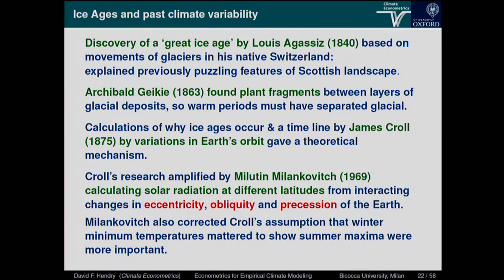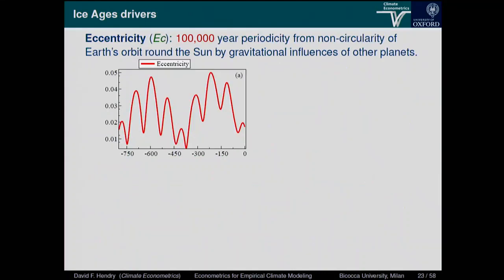And Croll also made the major error, it turns out, that he thought that what would cause an ice age is the minimum winter temperature. And that would occur when the Earth is furthest from the sun, the northern hemisphere is tilted away at that point, and the winter occurs when the Earth is at its furthest point, because that's how eccentricity, obliquity, and precession operate. So this is what the data look like from something astronomers can be. They're pretty sure this is exactly what it looks like.